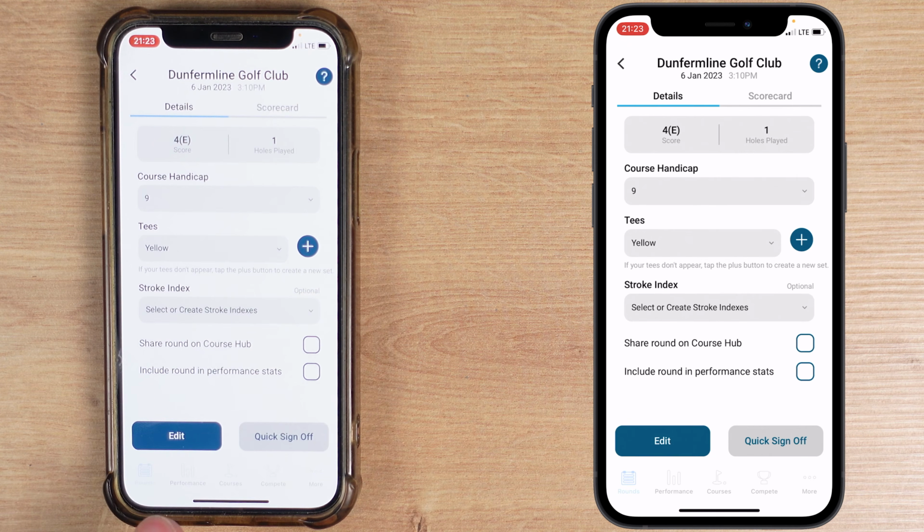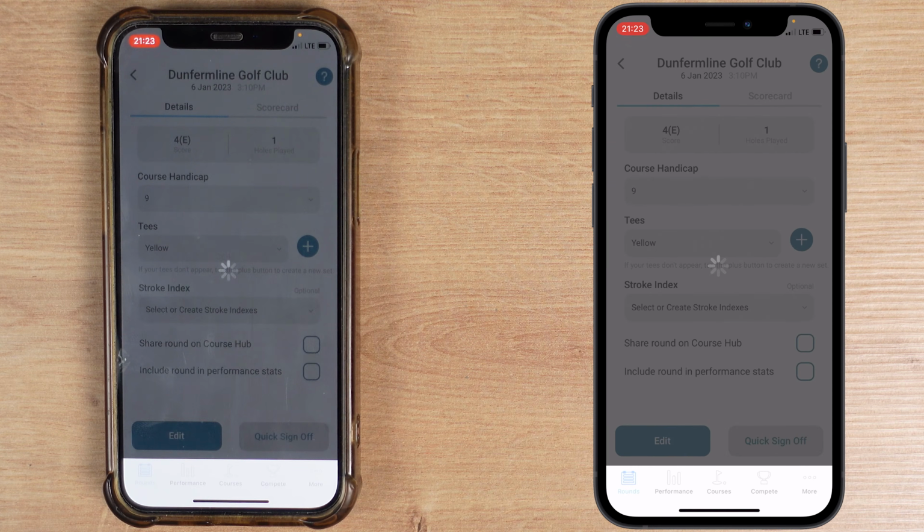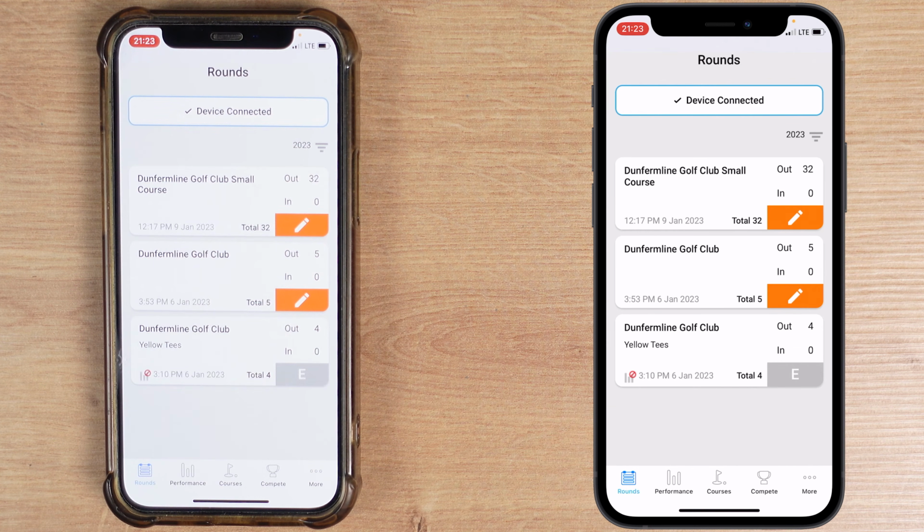So edit, we're familiar with, that's always been there, but quick sign off is a new option that ShotScope have added. If I tap on quick sign off, it basically allows you to really quickly review your round and then sign off. So we've gone through, we've reviewed, we've checked, we're happy with it, and then we can basically click quick sign off. So what this does is it means that people who perhaps don't want to go through and fully edit all of the shots in their round, they just want to check the numbers add up, can quickly